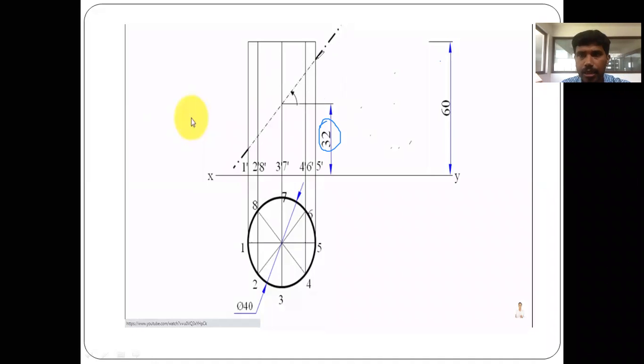top view. Okay, so which is being inclined. We have marked like this. So edges are being marked very sharp. This is a 45 degree. Okay. So you have to mark this, and next